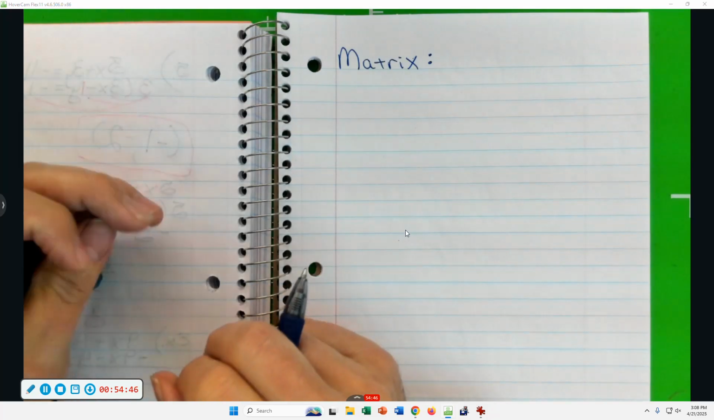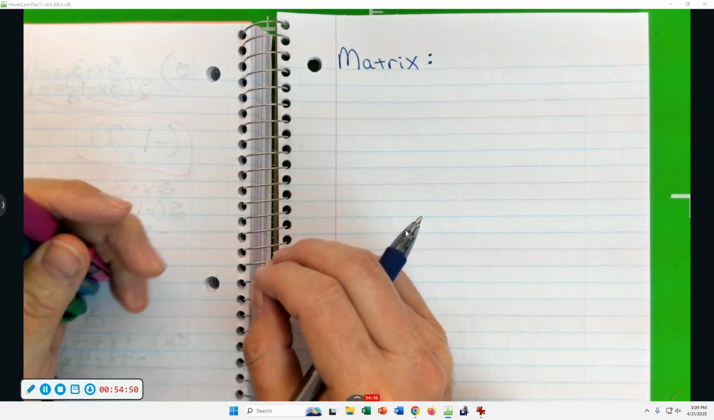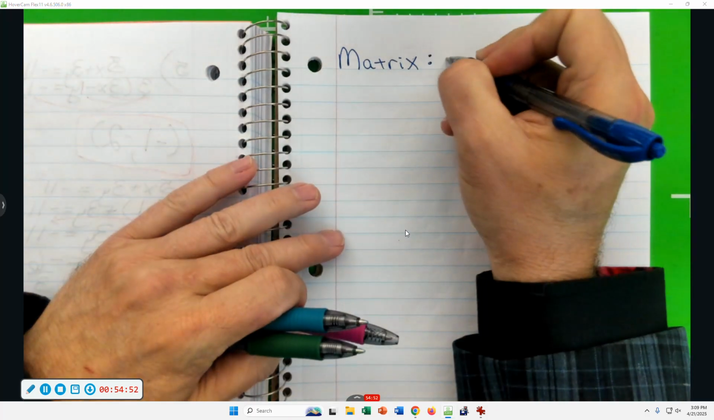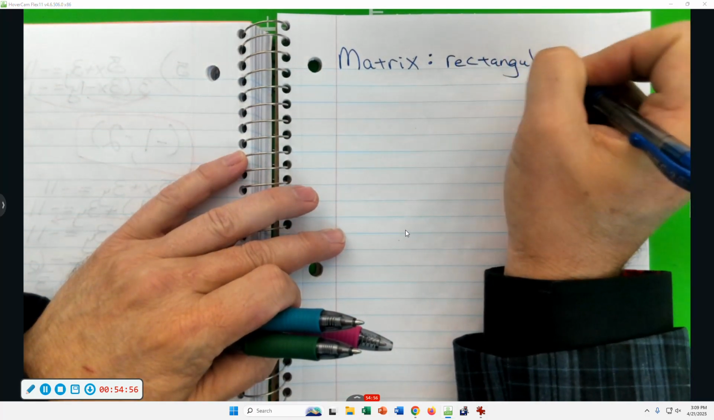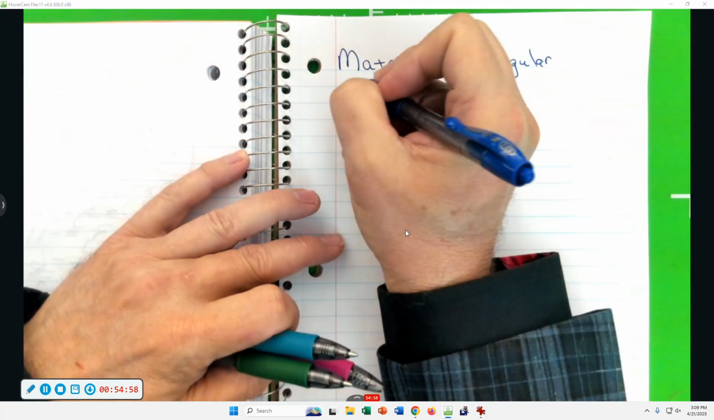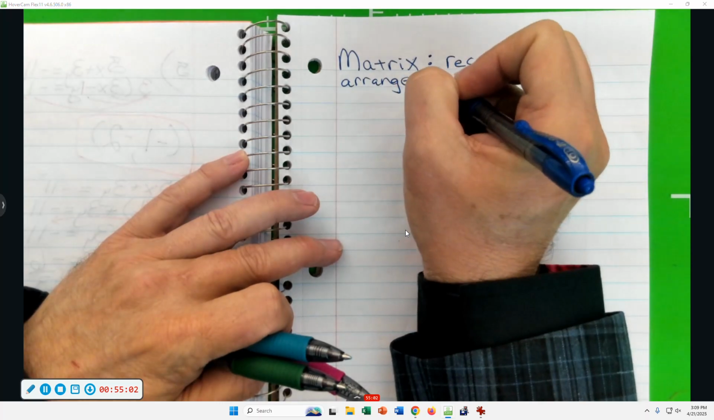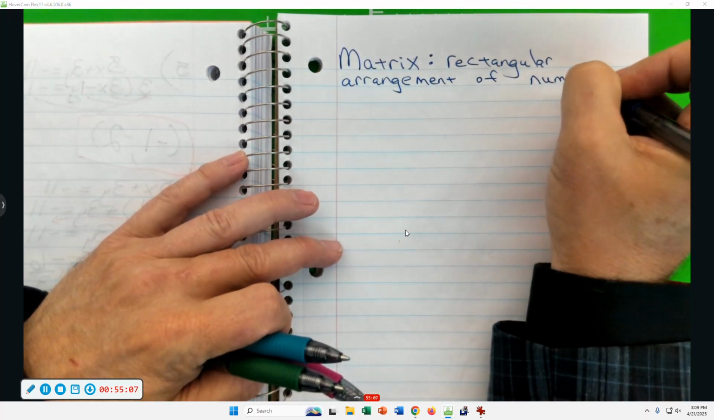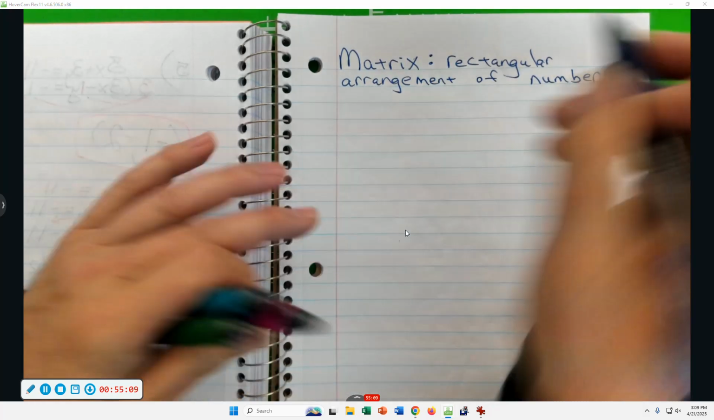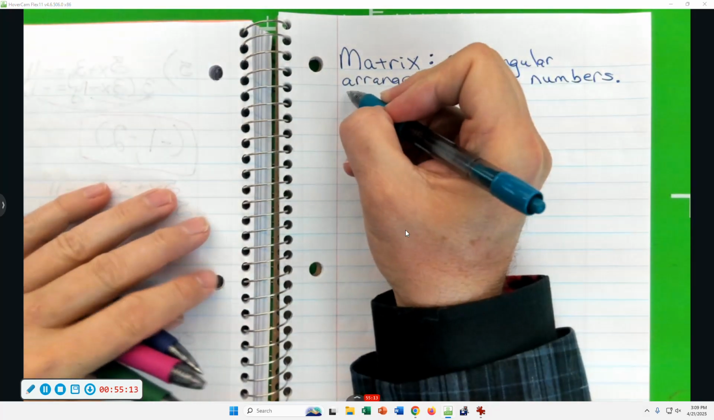Okay. A matrix is just a rectangular arrangement of numbers. Nothing special about it, just a rectangular arrangement of numbers. And the plural of matrix